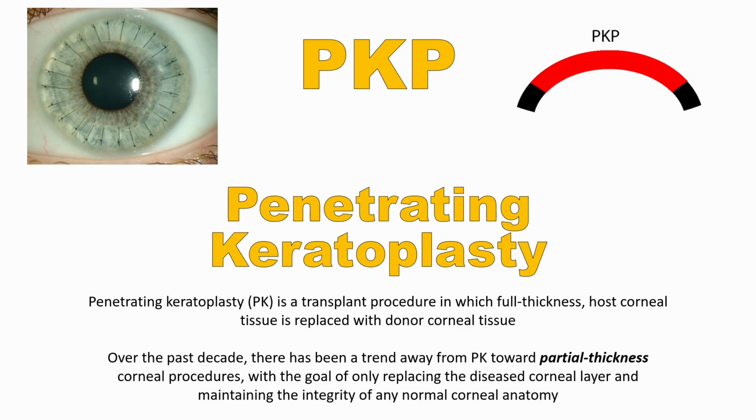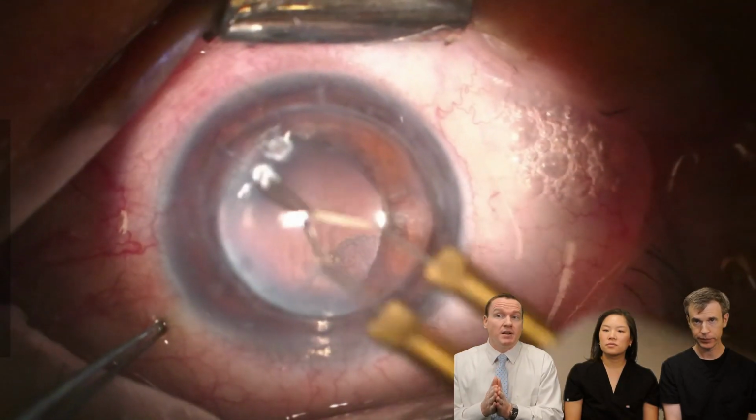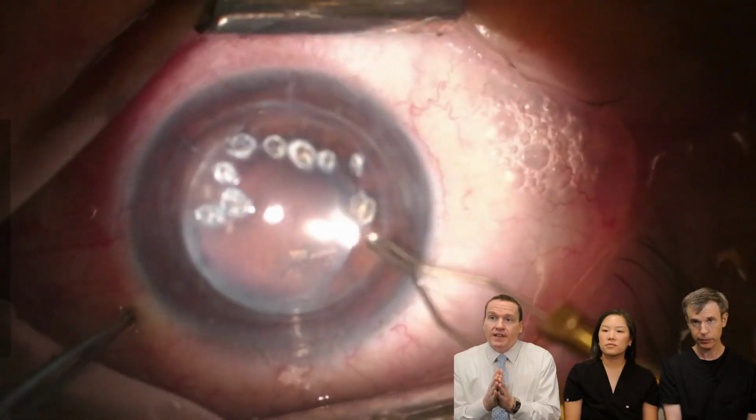It seems in some cases there's a shift away from the full thickness to doing partial thickness grafts, including the DALK that Dr. Huang mentioned, and also our endothelial DSEKs and DMEKs, which we'll get to and try to touch on how that relates to contact lenses. But this is an example of a PKP, just a 2-minute video to show some of it sped up pretty rapidly,